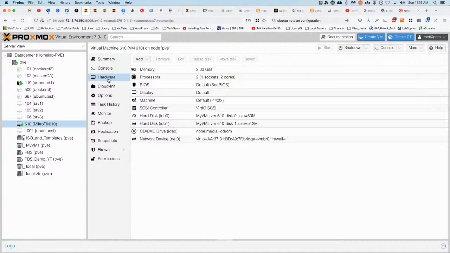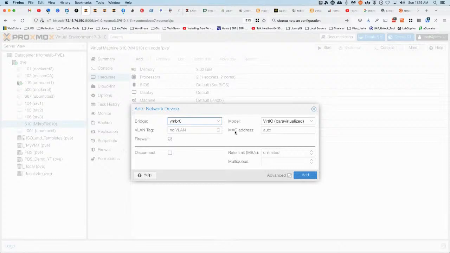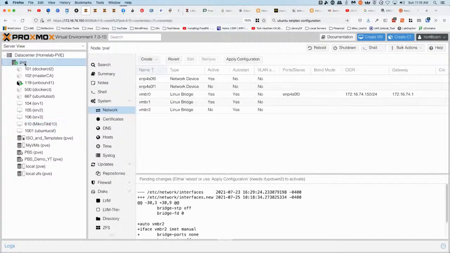Go to the hardware tab. Add network devices. By default, Proxmox VE only has one bridge interface. So if you have not done so already, you need to go to PVE, or whatever you've named your given host name, network, under interfaces,